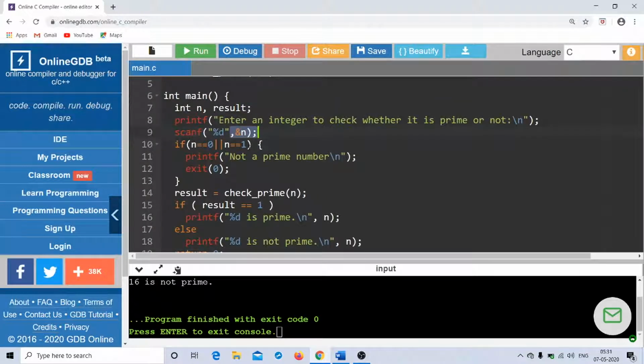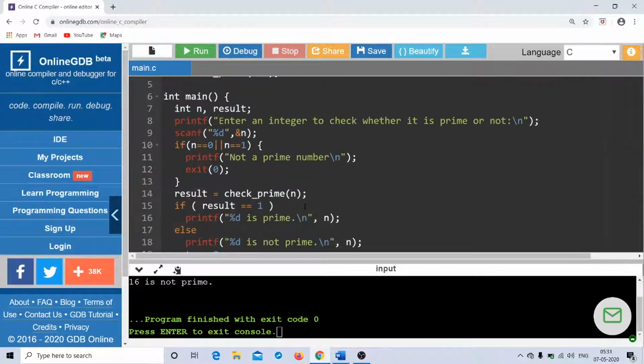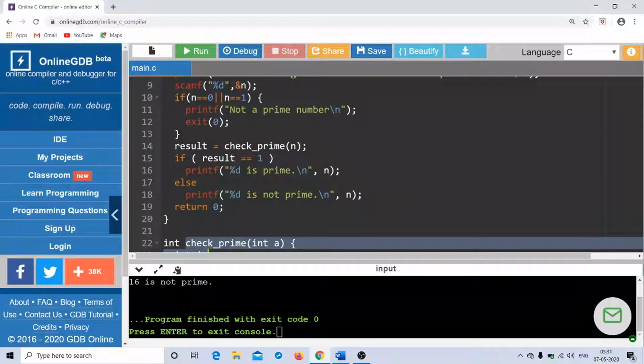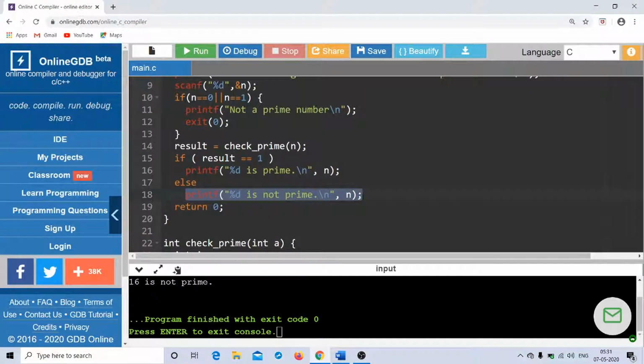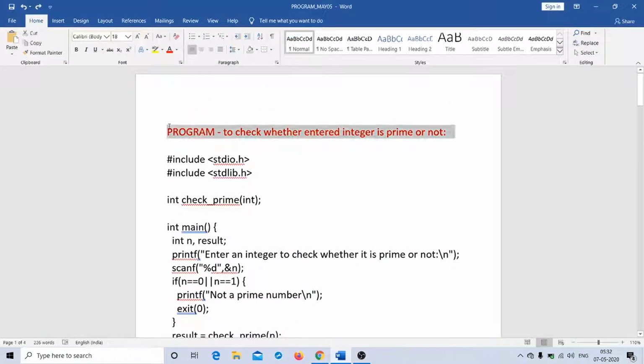So what you do is you hand run the program, or you trace the program for one particular value of n, which is not a prime. When the control comes back from the user defined function, the value of the variable result will be 0. And when the value of the variable result becomes 0, the condition at line number 15 is not satisfied, and hence the control branches to line number 18, and it will print this. That is the reason why you get the output as 16 is not prime. Okay, so this is how you will end up developing a program for the prime number.